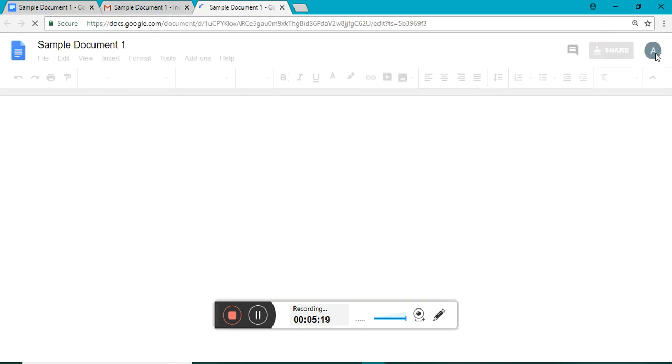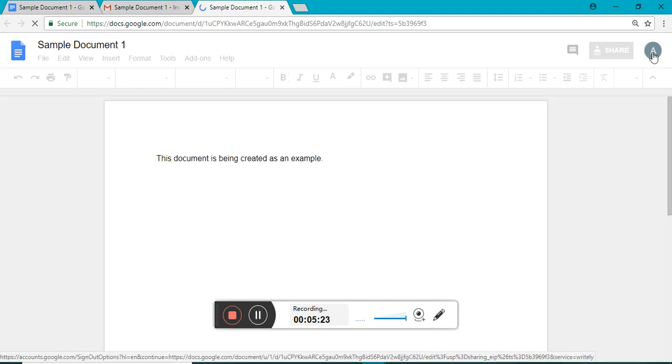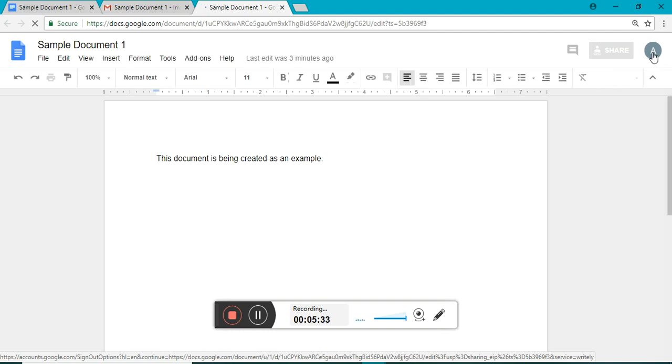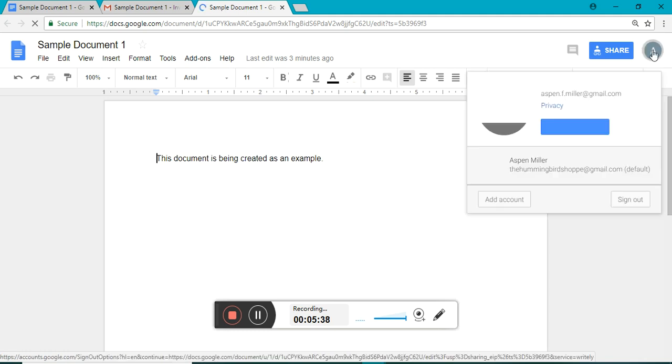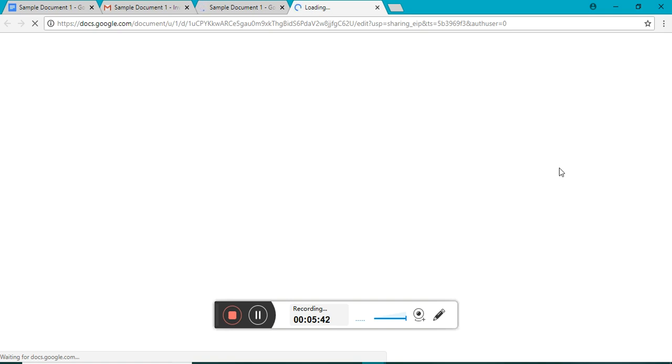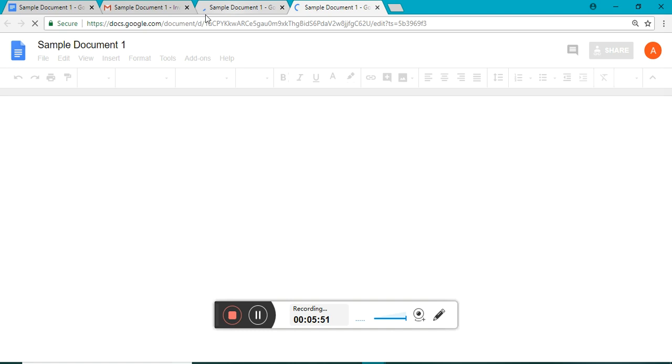All they got to do is click Open in Docs. And because I'm logged in on the same browser, on the same computer, it's going to look funny for just a second. Let me switch to my other email on this page so you'll see how they collaborate with the two different people. So I'm able to just easily switch to my other